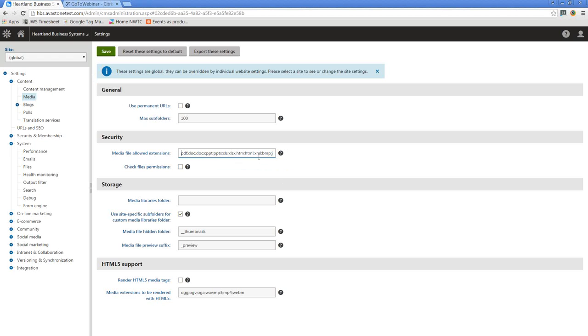So you can eliminate PowerPoints, Excel files, Word documents, HTML files. Usually you want to keep other image formats, because people get images in all kinds of formats like JPEGs. There are a lot of video and audio file types on here that you can decide are appropriate for your website or not, and zip files. There may be some that you need to add if you have a specific file type, so this is where you would go to do that. But really, by eliminating GIFs,